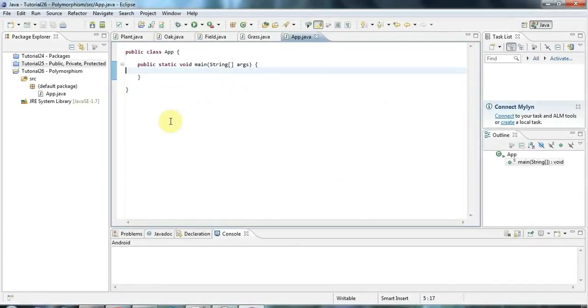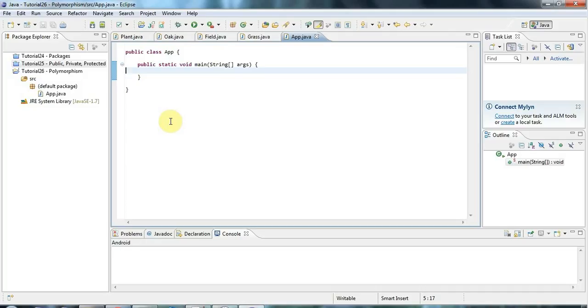Hello, this is John from caveofprogramming.com, and in this tutorial we're going to look at polymorphism in Java. Polymorphism is an object-oriented concept which has a big name meaning many shapes, which tells you absolutely nothing at all, but it's actually a pretty simple concept, and there's just one or two tiny little gotchas which we're going